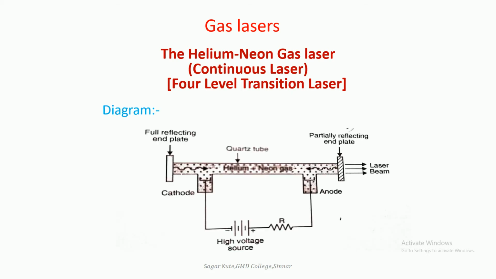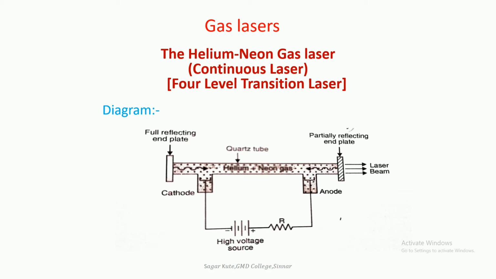This is the diagram of the helium neon laser. It is the first gas laser which was operated successfully. In a gas laser, the atoms are characterized by sharp energy levels, as compared to a solid, in which the system has a broad absorption band. Hence, pumping of the atom from a low energy level to a high energy level can generally be obtained by the use of electric discharge.